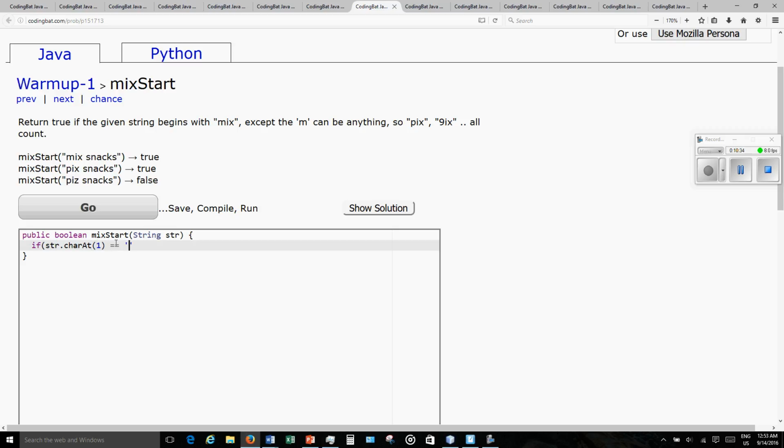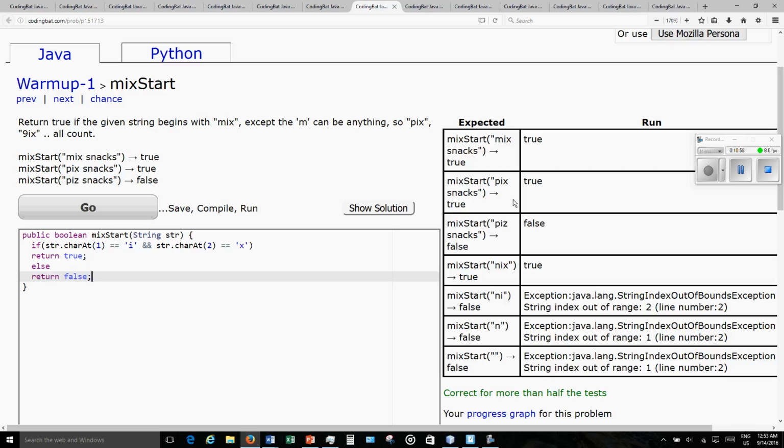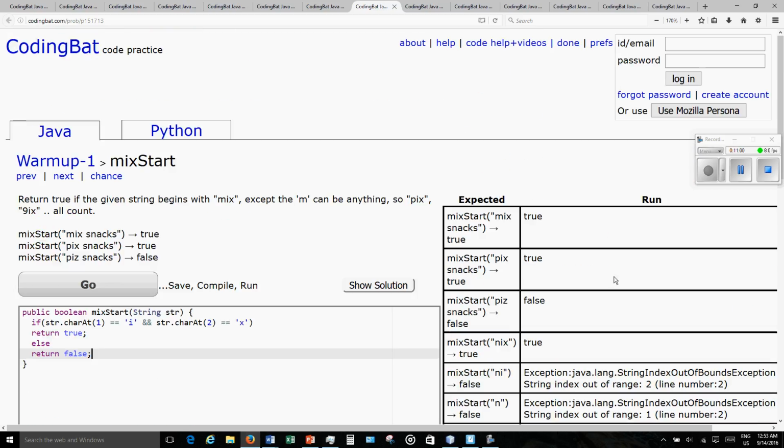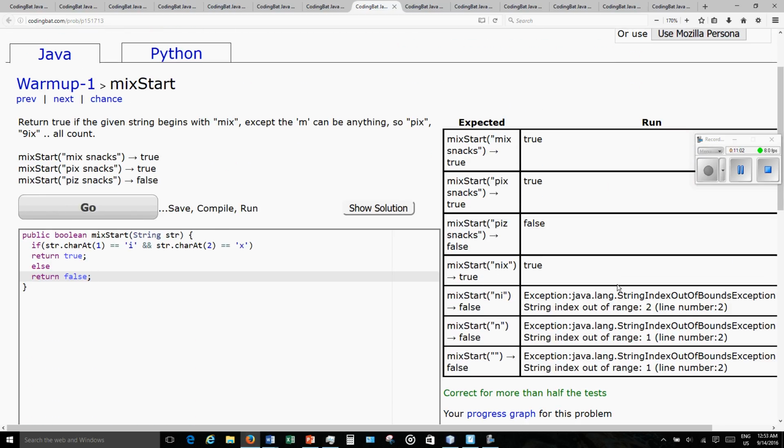character i, and run an and str dot charAt 2 equals x, return true, else return false. So, uh-oh, some stuff is not happening. Okay, so here we go. String index out of range,